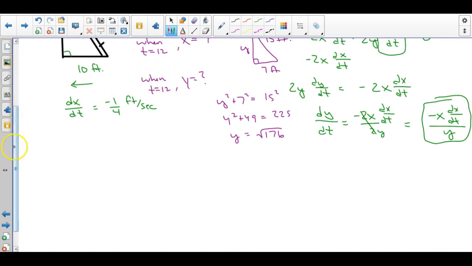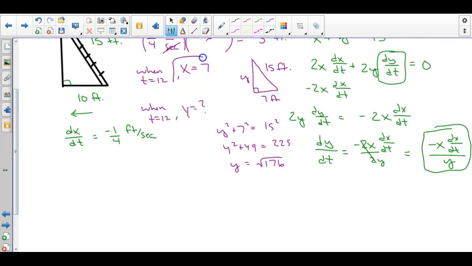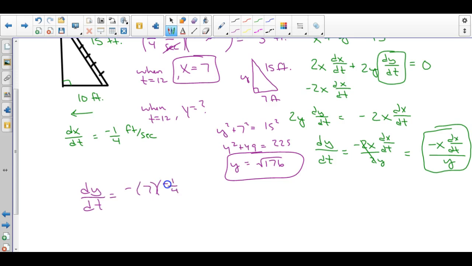So all that we need then are our two values here and here, because that is what these x and y are. And then the dx dt is not changing as well. That is that negative 1/4. So we end up then, at the very end of all of this, dy dt, the change of the height of that ladder with respect to time, is going to be equal to negative, and then our x value, which is 7, times dx dt, which is negative 1/4, all over my y value, which is radical